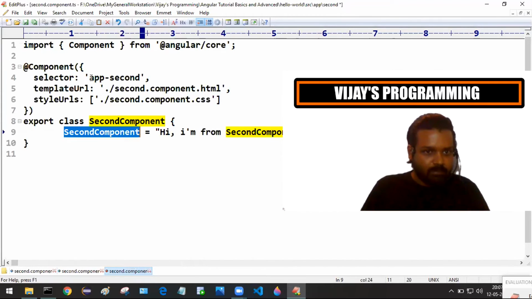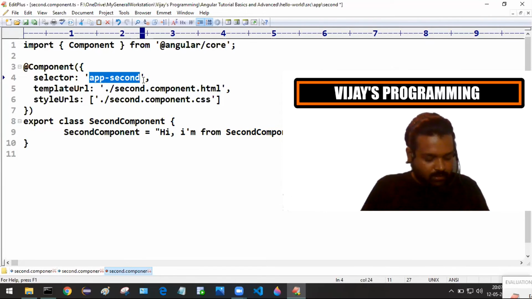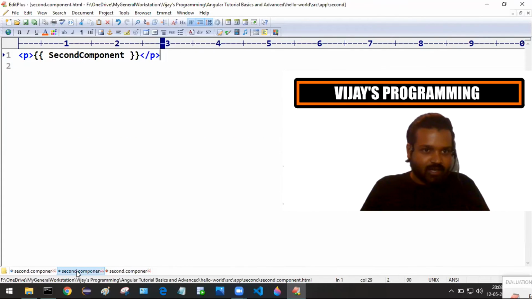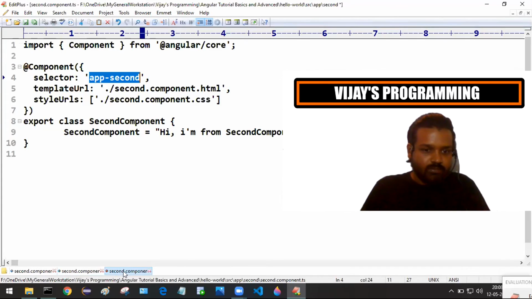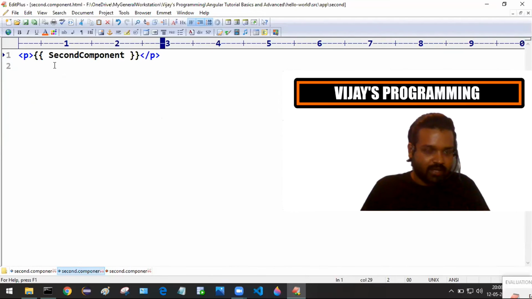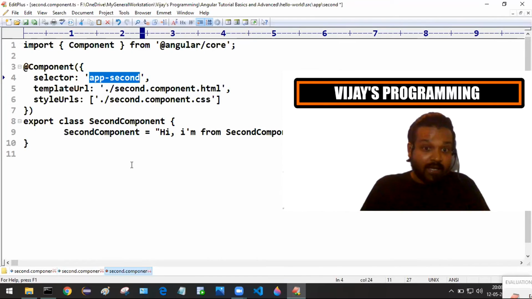And please copy this app-second. Another thing, I need to add some style to whatever content we intend to display here.